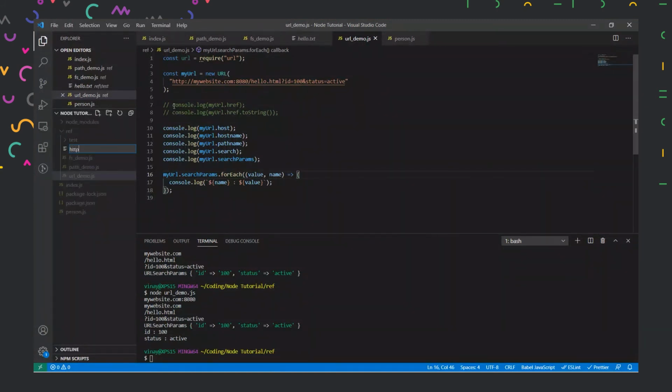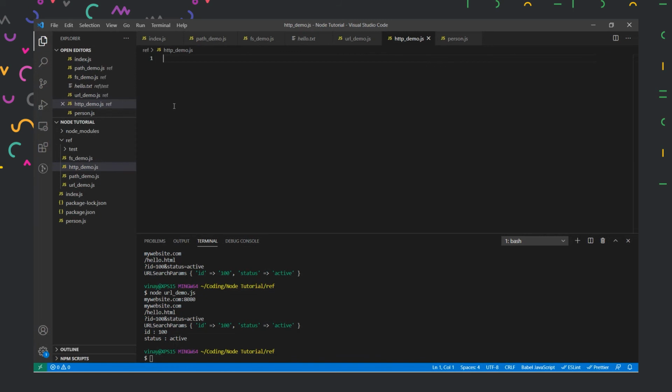So let us see HTTP demo. And then again, let us just get it from our header itself.